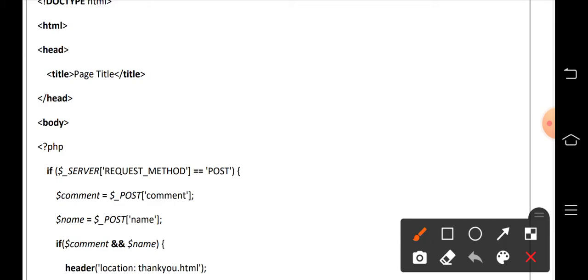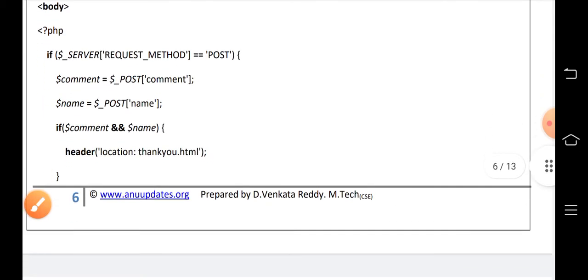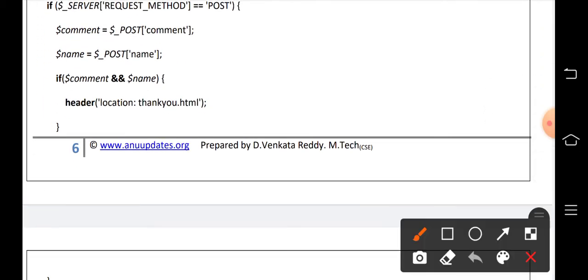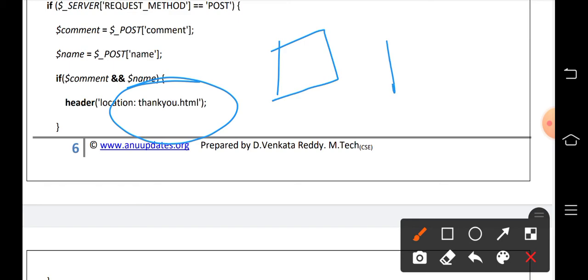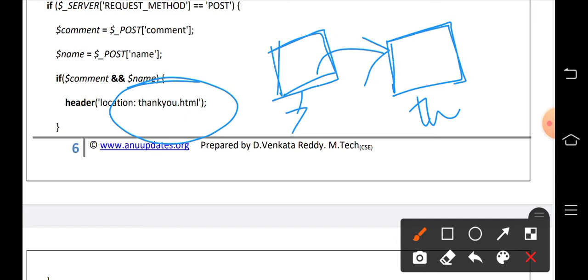When we give some comment and name, then immediately it redirects to a new web page, that is thankyou.html. Okay, one page is there, the web page. The second one is thankyou.html. This is our current web page. When we submit the data, immediately it redirects to this web page.